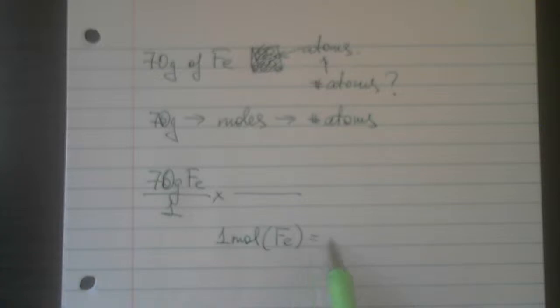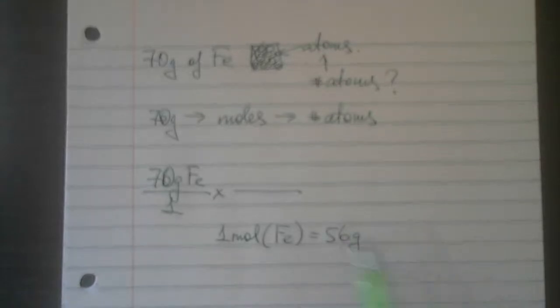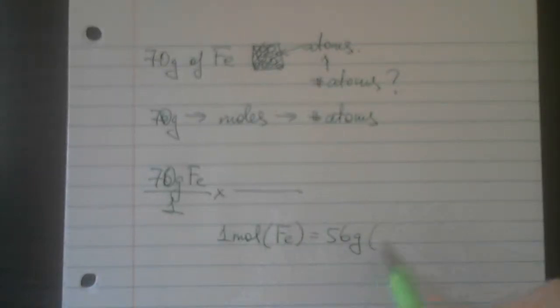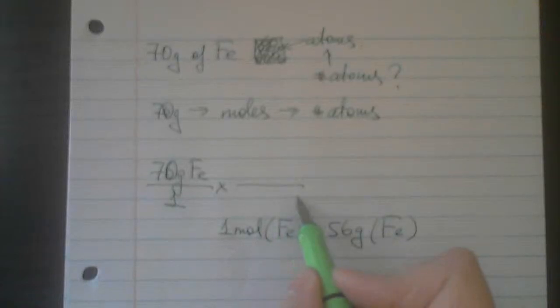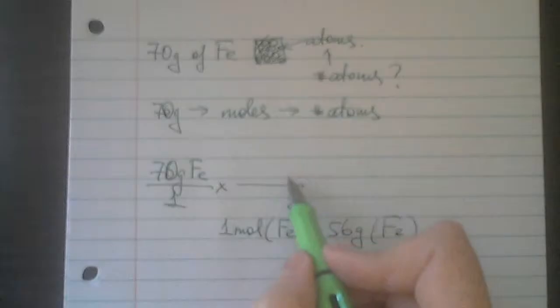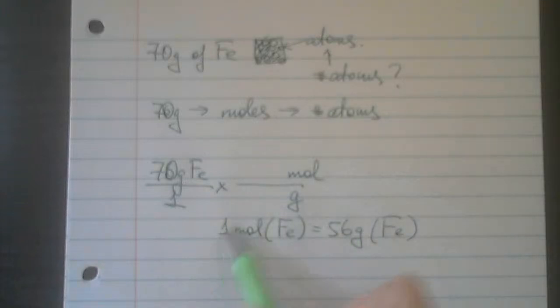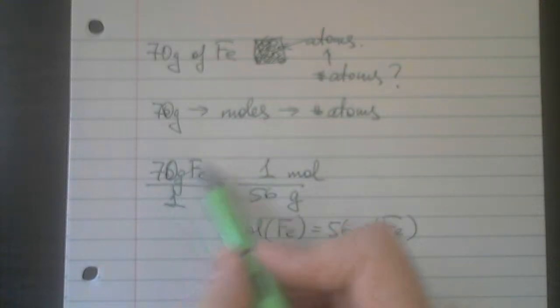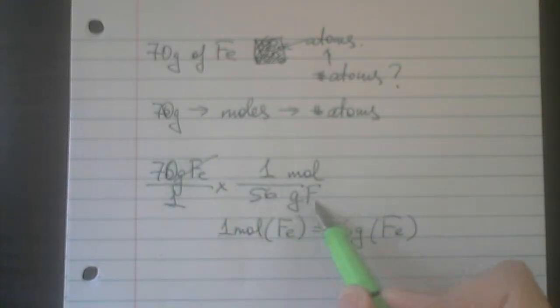1 mole of iron weighs 56 grams according to the periodic table. Okay, so since I want grams to disappear, I place grams at the bottom and moles at the top, and now I transfer number of moles, 1, to the top and number of grams, 56, to the bottom. Okay, so that will get me out of grams of iron into moles of iron when these units are